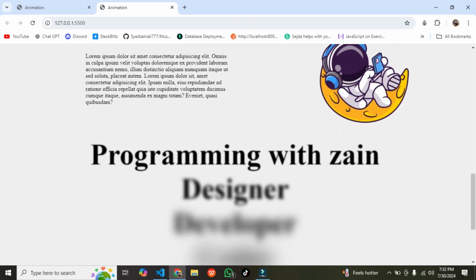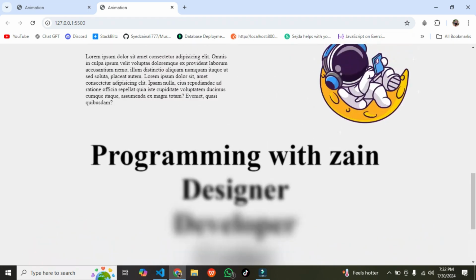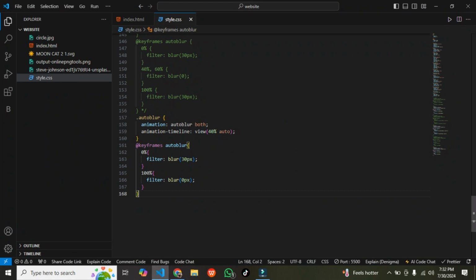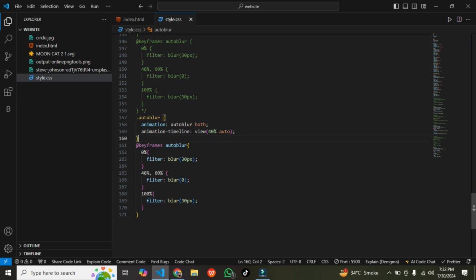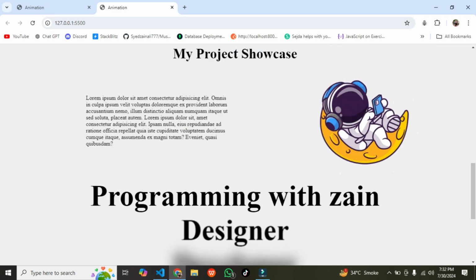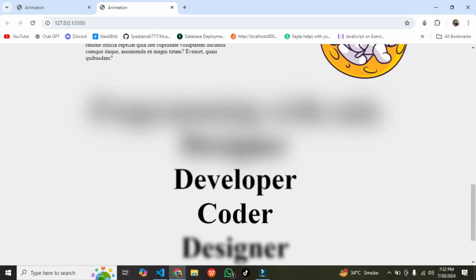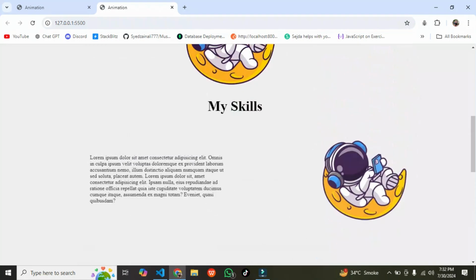Now if you see this code, here is how it's looking. Here it is blurred, and when it moves from a certain height, it goes like this. But if you want to add focus on a specific part, you can add in this area. Like I'm using from 40 to 60%, its blur is going to 0, and from the bottom side it's the same 30 pixels. Now you can see it's focusing only on the center part, and the remaining items stay as they are.